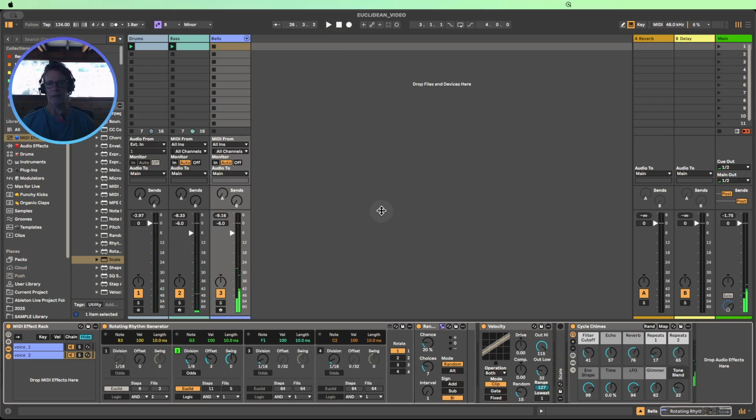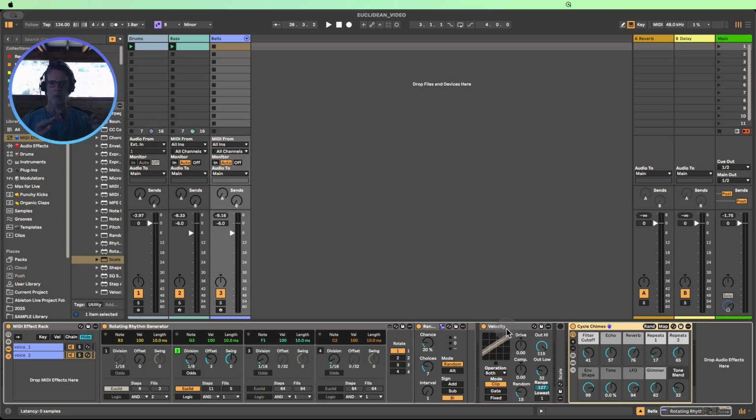So for me, that's really interesting. We've got the lovely two Euclidean sequences, the two voices that we've created. We've got these random MIDI effects creating these little pitches that happen every now and then that are staying in our key and scale. And with our creative hats on, there's all sorts of depths and possibilities we can add